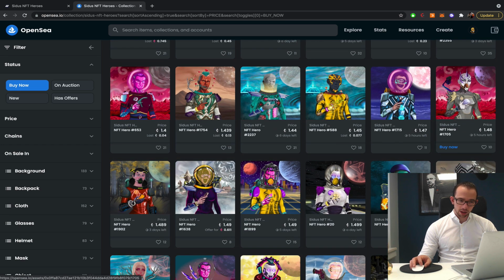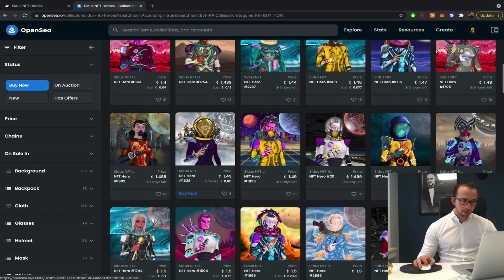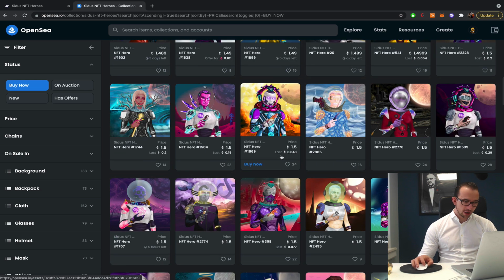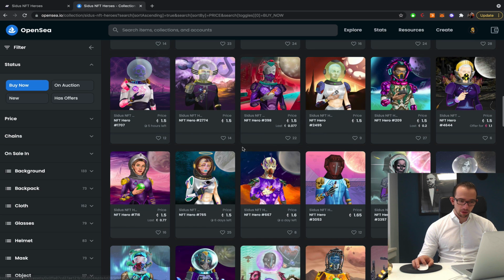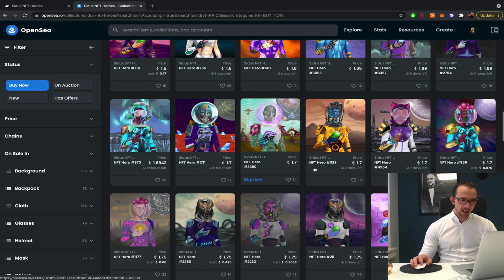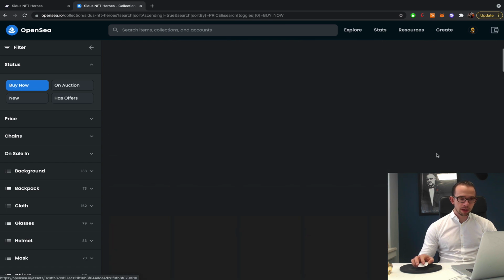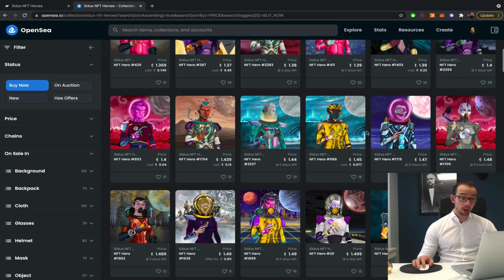Yeah, this one is actually quite cool. This one as well. I don't like this one that much, or these ones look stupid. But this one is quite funny as well. So they're not all too bad, especially if they're the playable characters as we've seen in the demo before. Ooh, this one is dope. This one. But yeah, you would have to check the traits and everything like that, see how rare they are, find the right one. But do expect to pay at least 1.5 ether for one of these, which I think